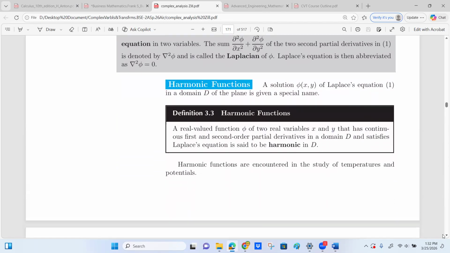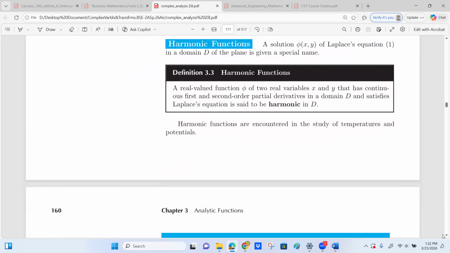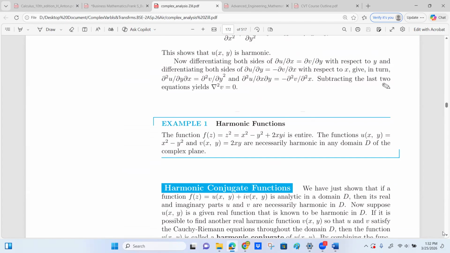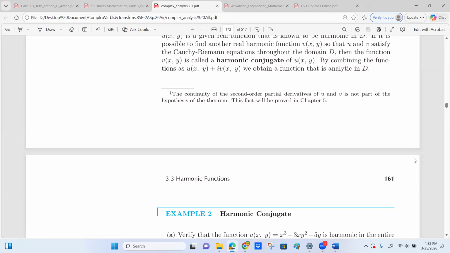And first of all, I will discuss here the harmonic function: a real valued function phi of two variables x and y that has continuous first and second partial derivatives in a domain D and satisfies the Laplace equation. It is said to be a harmonic function if it satisfies the Laplace equation. And the second thing is